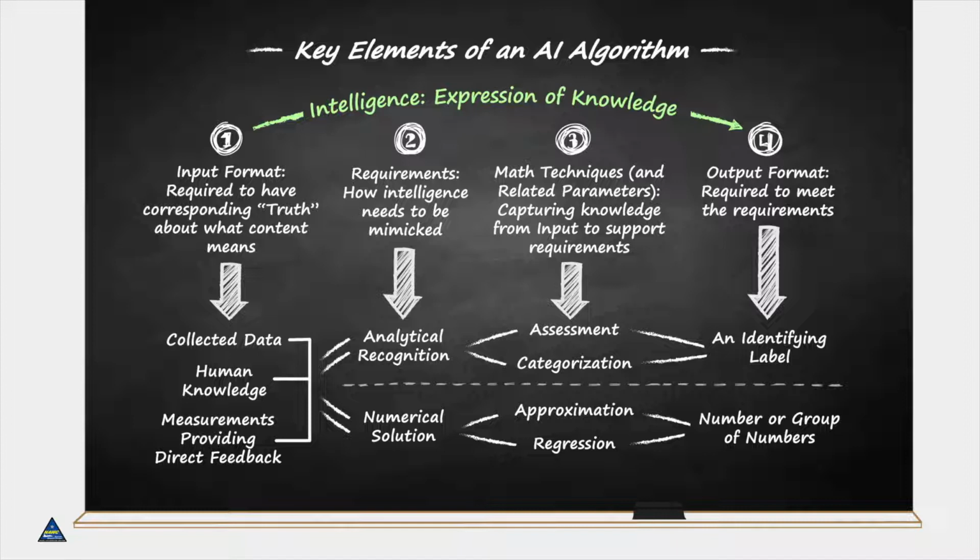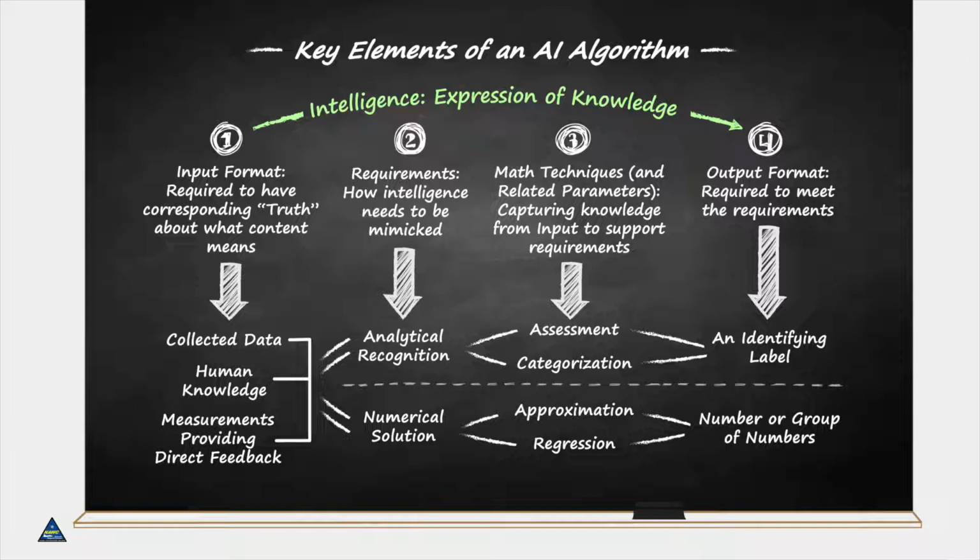Here, I give you this fruit. That's the input. Oh, it looks like a piece of fruit. And the output is, that is an apple. Those are the elements of an algorithm. And if you remember that, you've just started your journey to have more control over the process of developing an